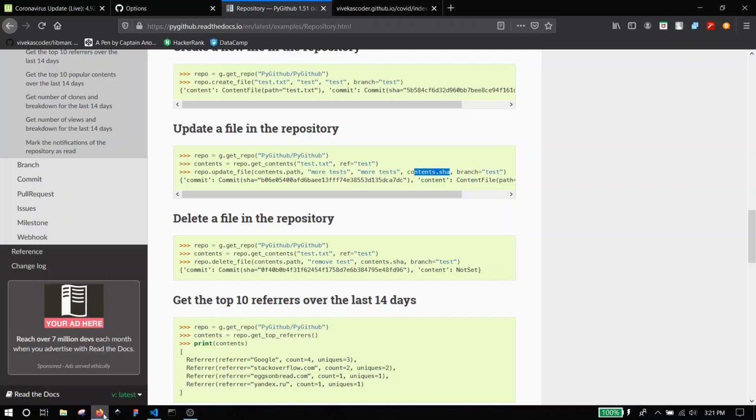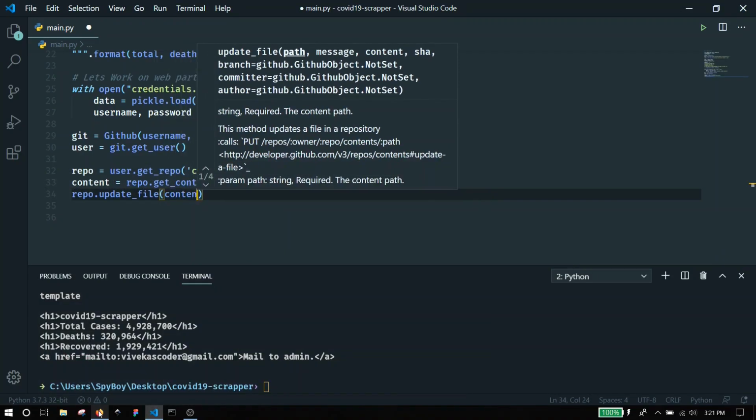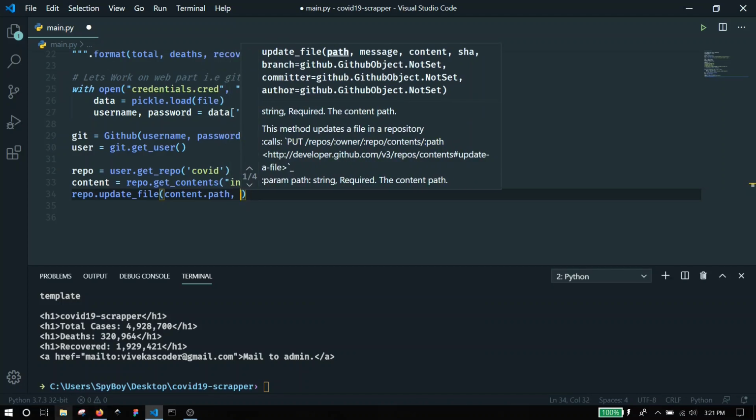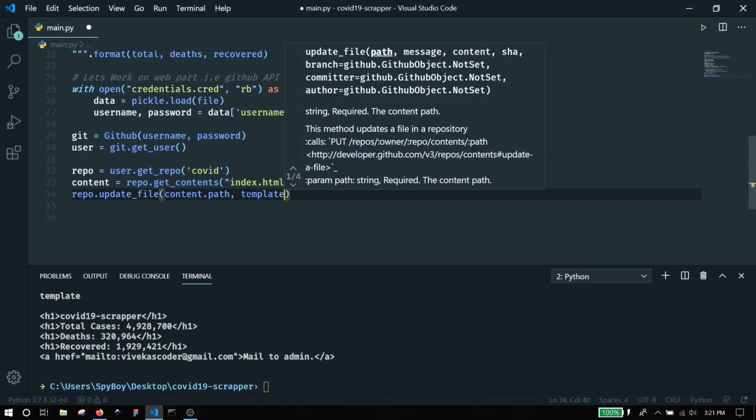So now let's head over to documentation once again and let's see how many parameters it's actually taking. So the first one is actually the path, then come two string parameters, then comes the SHA key, which is actually generated by the content object. So just pass the content.path, and then the second parameter is message.